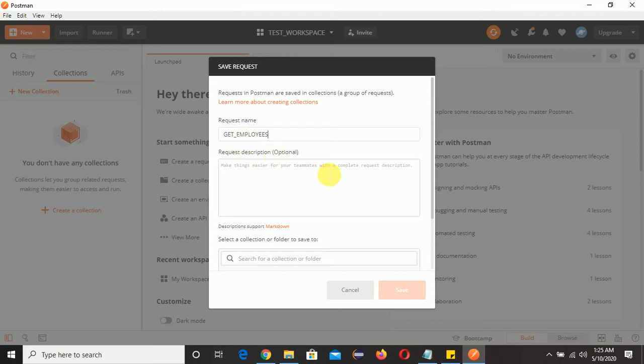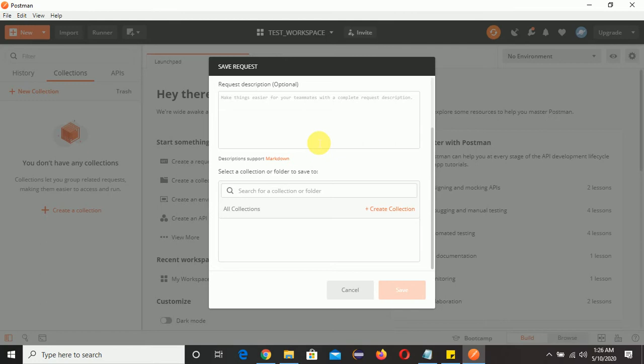If you want, you can give it, and click on create collection. For this I will create a separate video on collections. As of now, I will tell you what a collection is. Basically, a collection is a group of APIs, and we will learn more regarding collections in my upcoming videos.